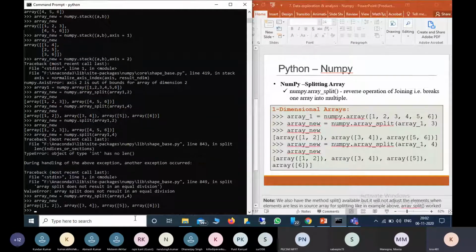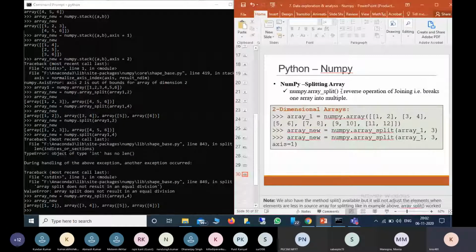Here it will give, but it won't work with split option. Now we can also see the 2-dimensional array.